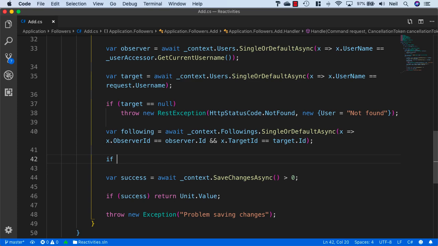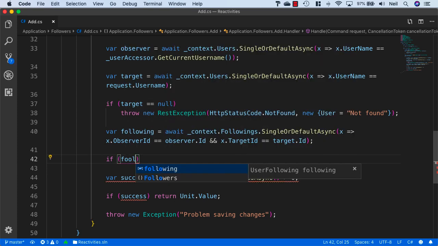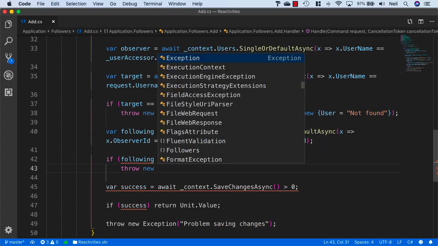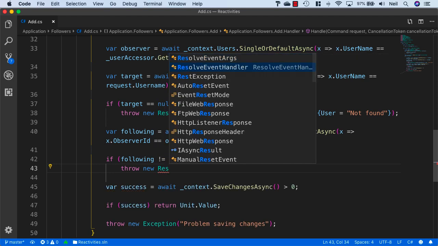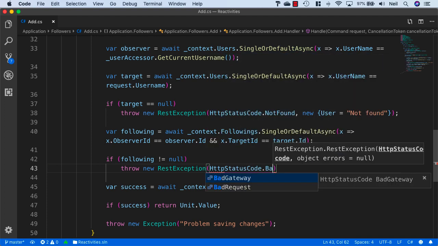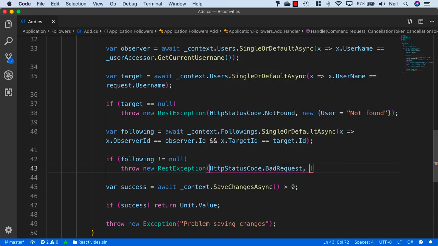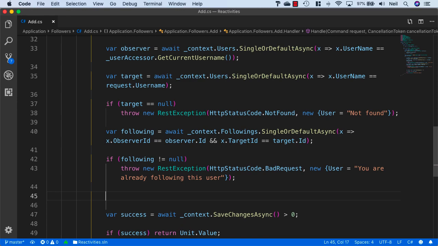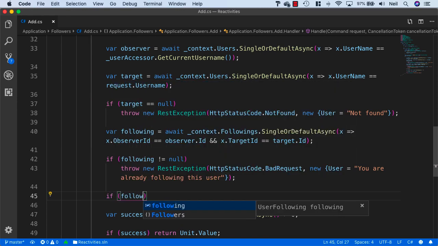Now, if the following exists, that means the user is already following this particular user. So what we'll do, we'll check to see if the following is not equal to null. Then we'll throw a new REST exception and we'll say HttpStatusCode.BadRequest, and we'll say in the new object, we'll say user equals you are already following this user. And if the following is equal to null,